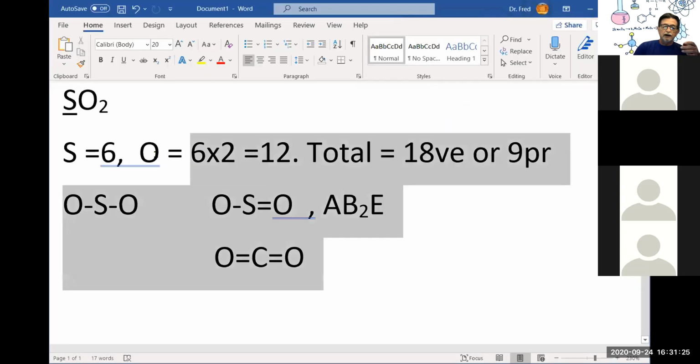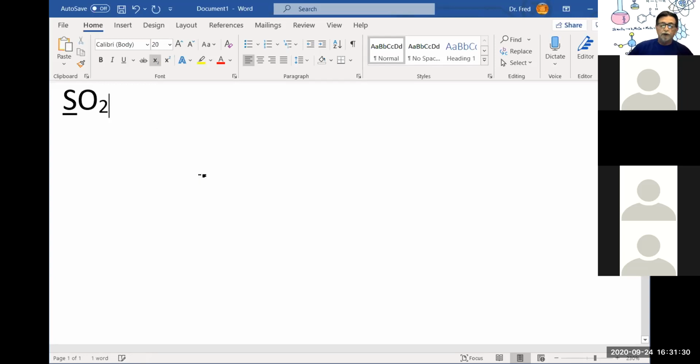Okay, let's do this one. Start from scratch. This one's called sulfur dioxide. We'll begin with first determining the general formula, the structure for this. And this is where the Lewis dot structure comes into play. So step number one, we count up the number of valence electrons for